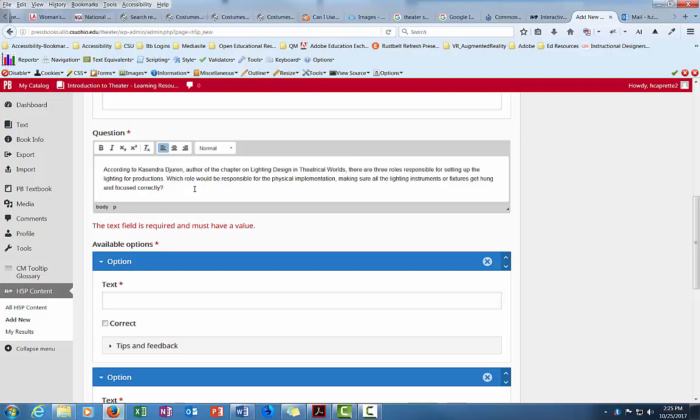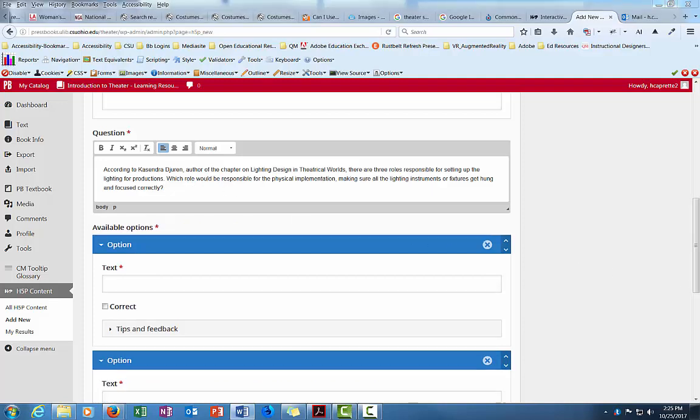According to Cassandra Jurin, author of the chapter on lighting design in Theatrical Worlds, there are 3 roles responsible for setting up the lighting for productions. Which role would be responsible for the physical implementation, making sure all the lighting instruments or fixtures get hung and focused correctly? Okay, so I have over in Word, and you can't see this on the screen right now,